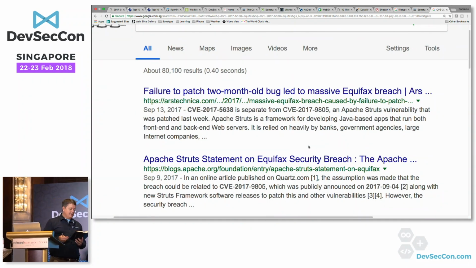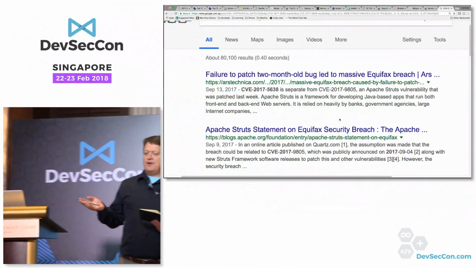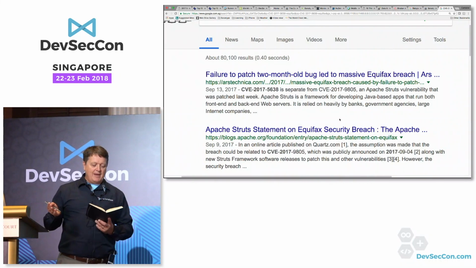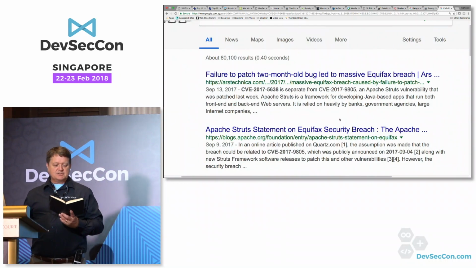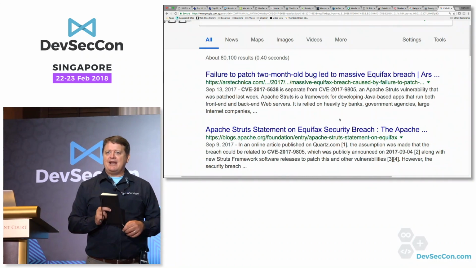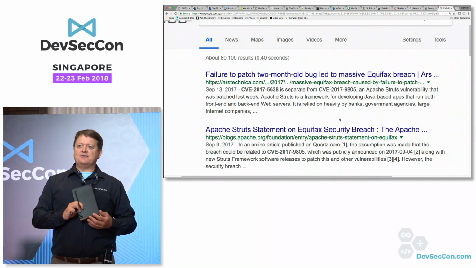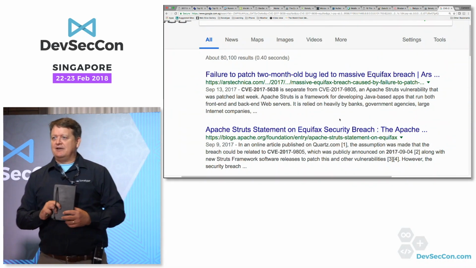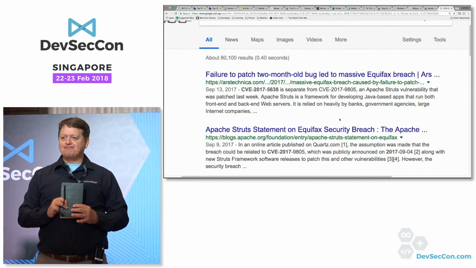Equifax is another one. Heartbleed was another one, the OpenSSL library, Canada Revenue Agency. Lots of organizations talk about it, whereas someone like Shellshock, for example, not a lot of organizations explained how they were attacked. The reason being is they were still vulnerable. It was quite hard for them to patch. But we have pretty good evidence that Equifax was a Struts vulnerability.